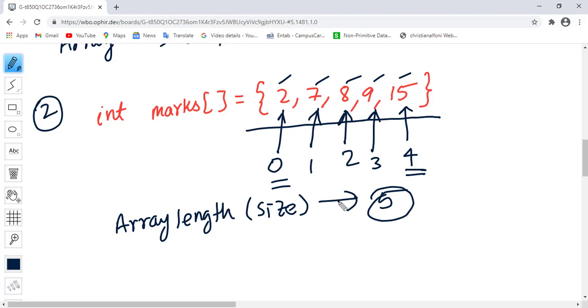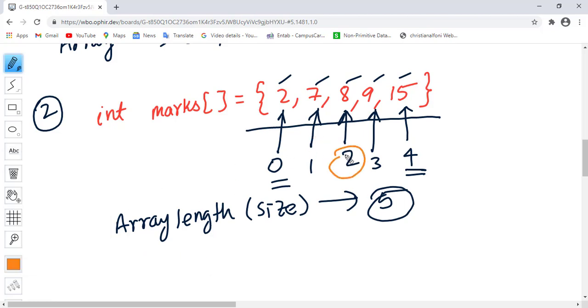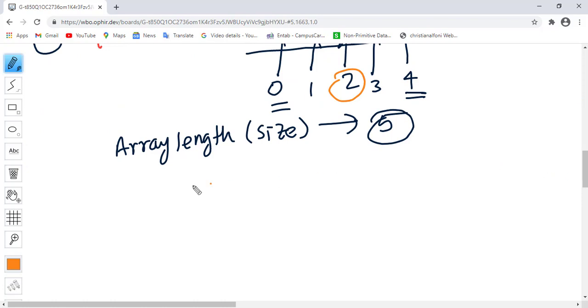Now let's say I want to read the value present at the second index. So what I can do is I will write marks after the variable name, the array variable name. Within square brackets I will write the index that I want to access, or that I want to read.